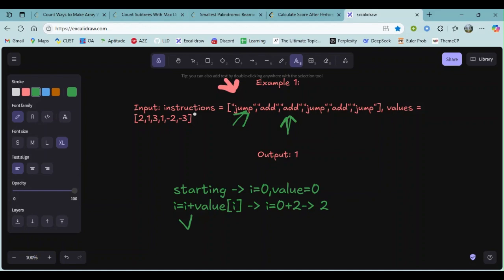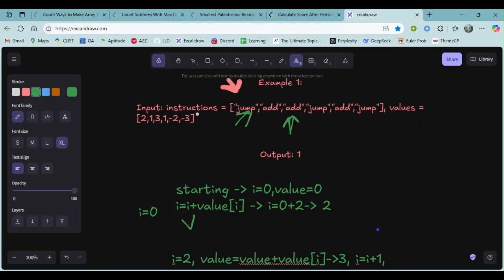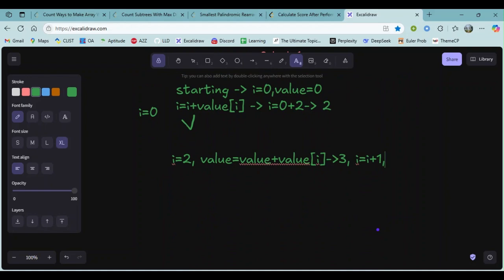So this is the case when i equals 0, and when i is equal to 2, the score will be score plus values[i], that will be 3, and our i will be i plus 1. Since i is 2 at that time, the next i will be 3.